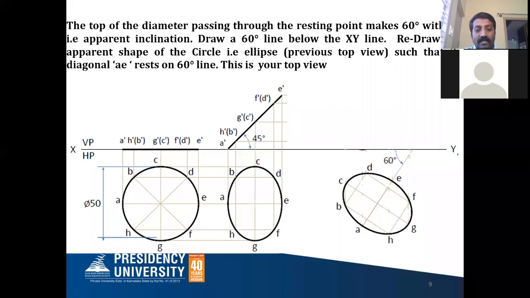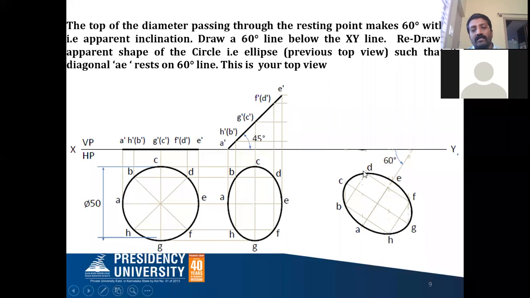Similarly, you can take the distance from A to this line, and from E to this distance, and draw a 90 degree perpendicular line to this AE. Similarly, from here to D and from here to F, from this point to H and from this point to B, all the distances are the same. So from this point you cut on either side, and you will get all the other points.